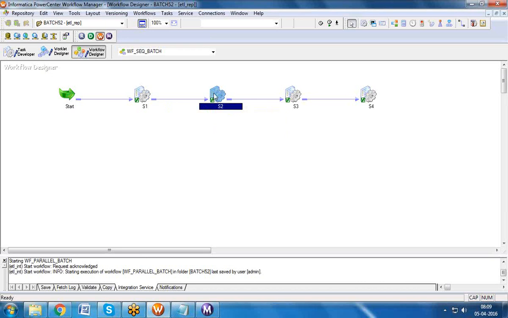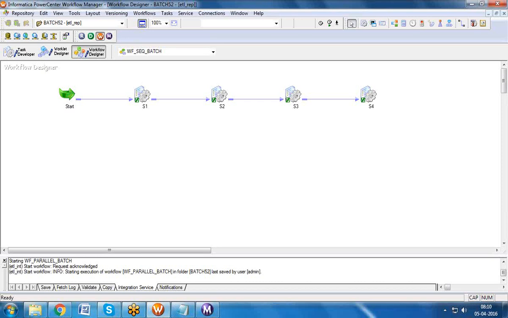This is called dependency. Okay, what I told you, this session contains two tables as source, and you are joining those two tables and getting them into Informatica. So those two tables are target tables of these two sessions. So when this session has to run, if these two sessions get completed, then only this has to run, right? If not, what happens? This will trigger, but no data will be there. So that is called dependency.